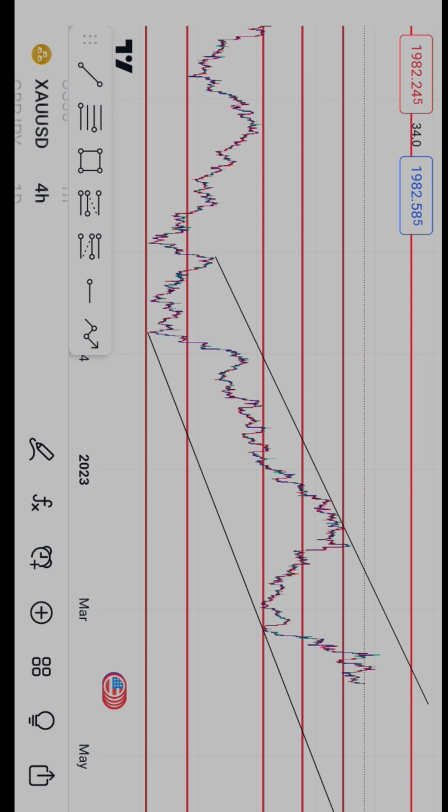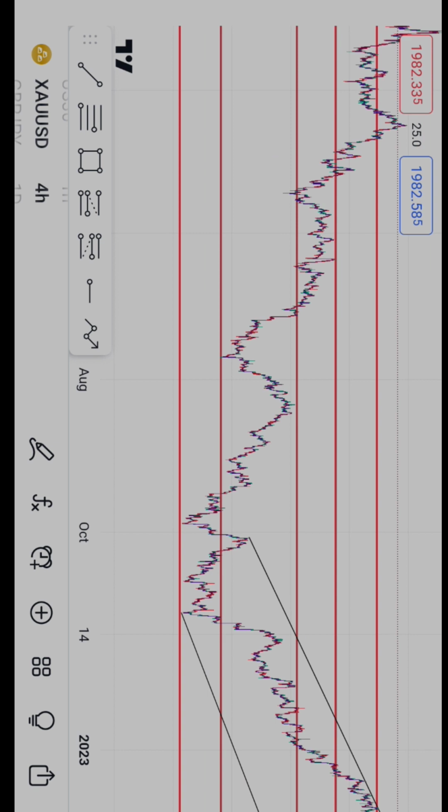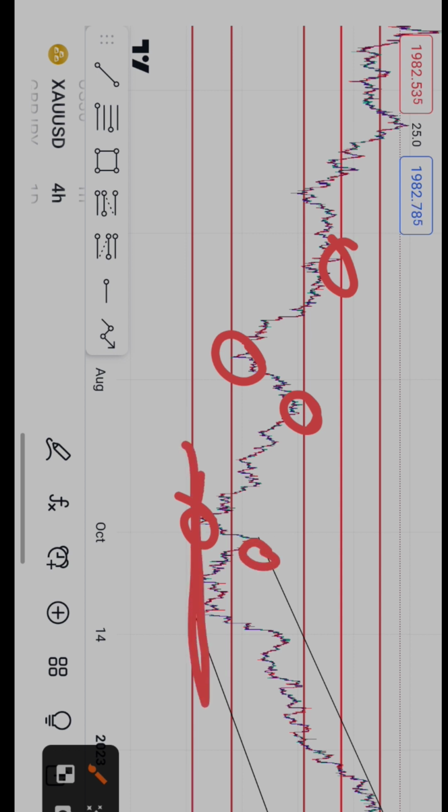Lower highs, lower lows, it's a downtrend. I think I made a mistake here whereby I said it's higher low. No, it's a series of higher low, lower high, lower low, lower high, lower low, lower high, and then we had an equalizer here whereby